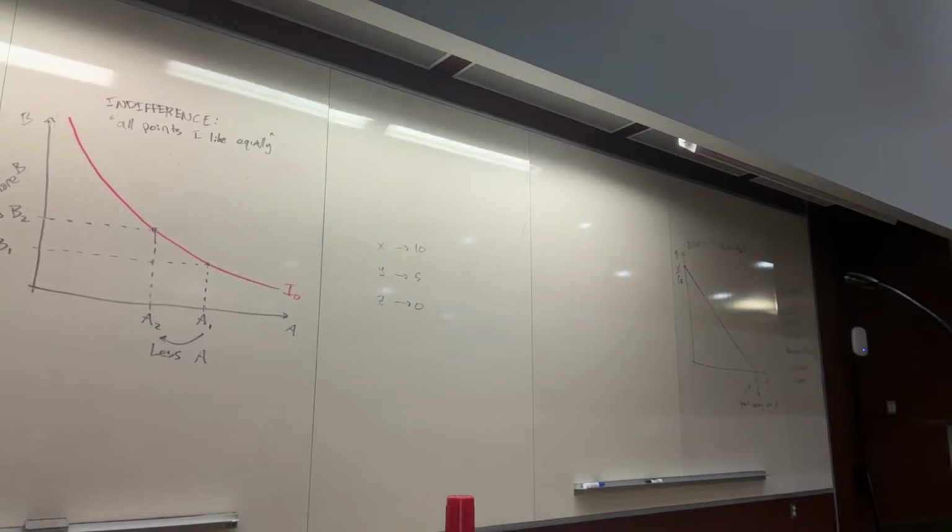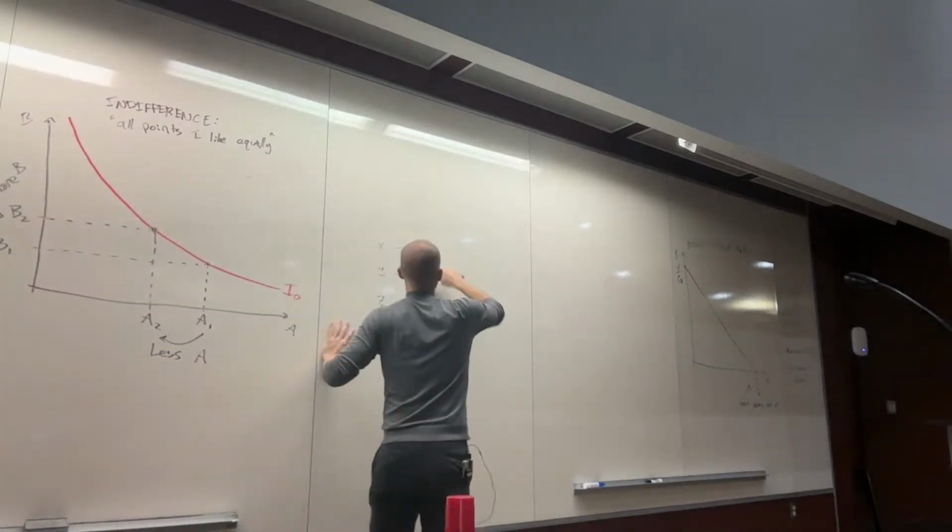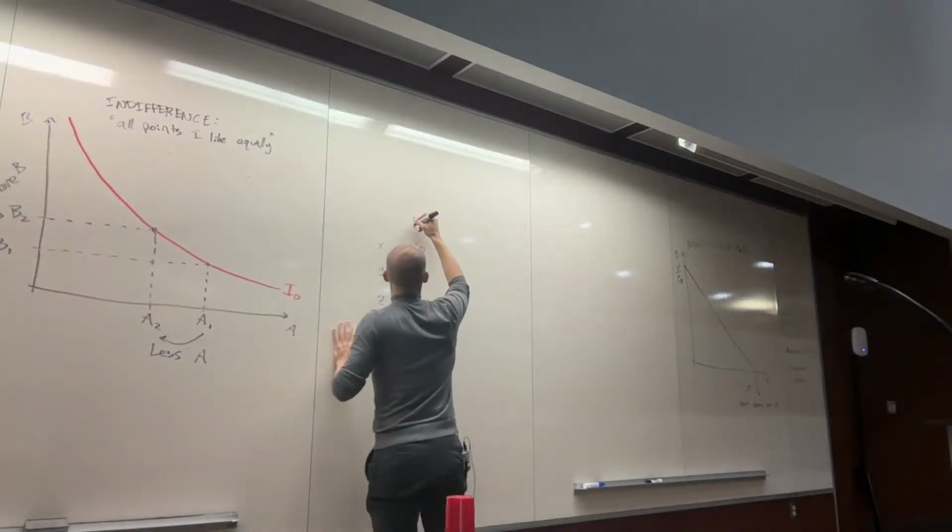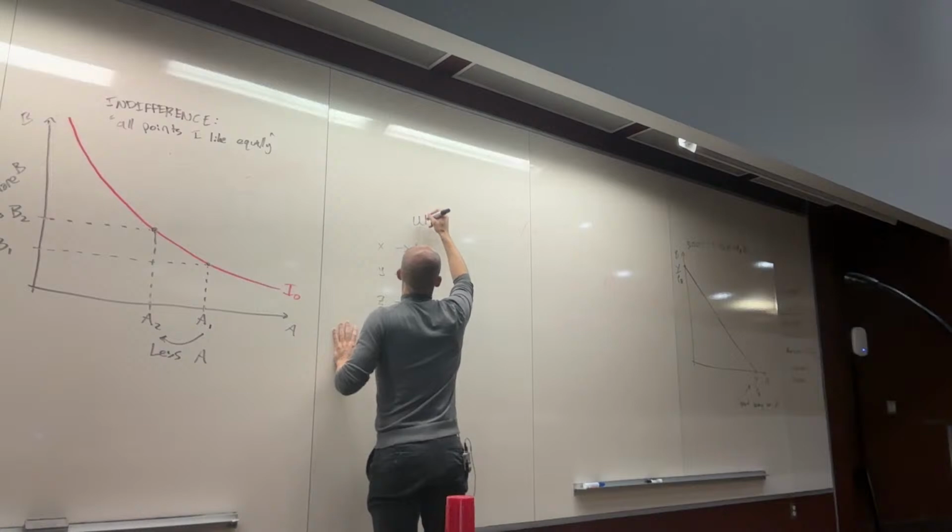So on the horizontal axis, I don't know, have you ever done this? In a lot of places around campus, you can buy a single apple for a certain amount of money. But at some grocery stores, you can actually buy apples not by the unit, but by the pound. So let's say on the horizontal axis, we have apples by the pound. And then on the vertical axis, we have some measure of how nice these things are. This is what we call a utility.